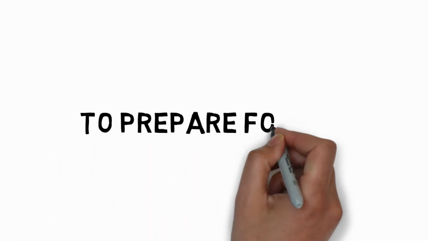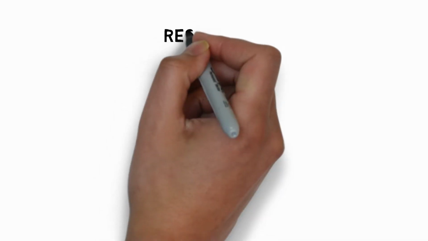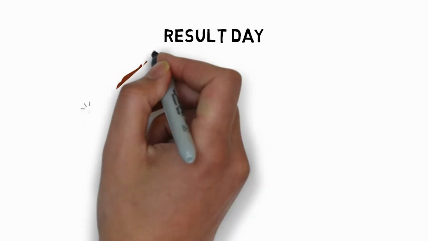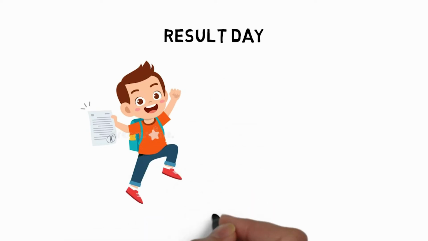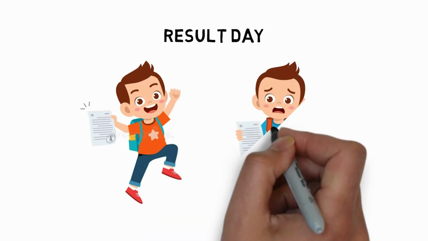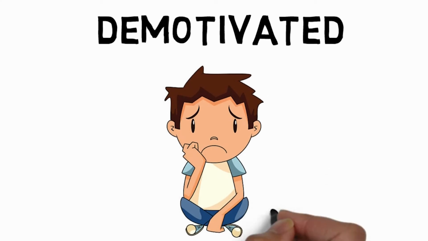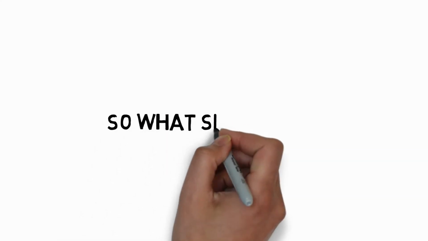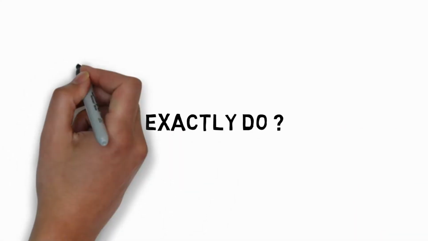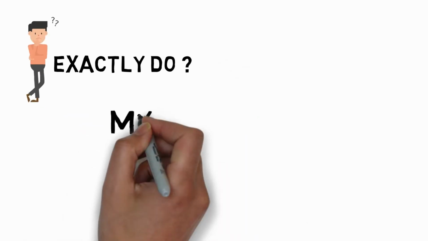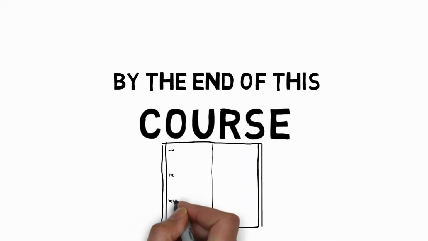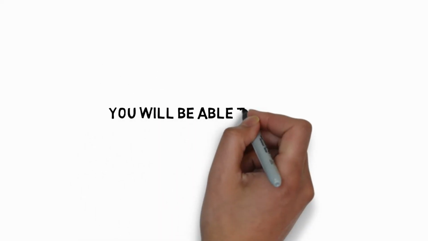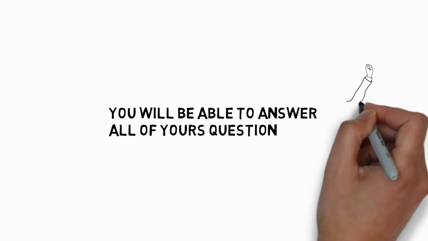So in this situation, you and your friend have used the same amount of time and effort to prepare for the exam, right? But the results came out the following day and you were surprised. Well, not the good kind of surprise you have expected. Your friend actually scored a lot higher than you. And you start questioning your capabilities and start feeling bad the next day and mess up the remaining exams. So my question is, what should you exactly do to overcome this situation? My answer is, by the end of this course, I'm pretty sure you will be able to answer this, and furthermore, I'll explain how to overcome this at the end.